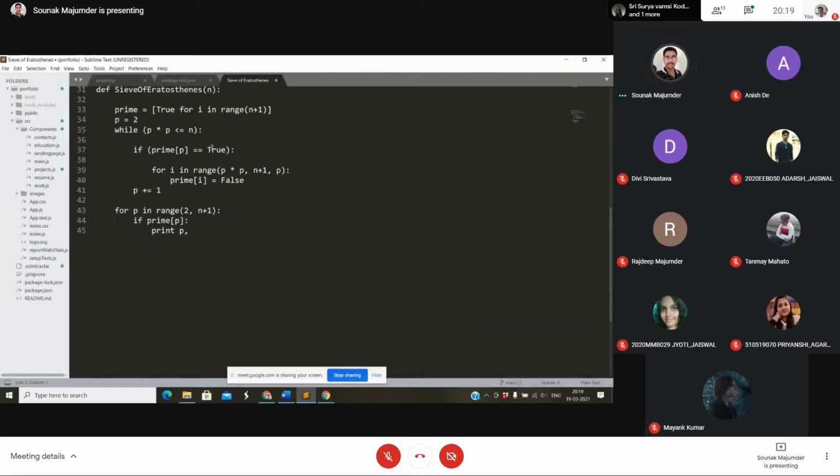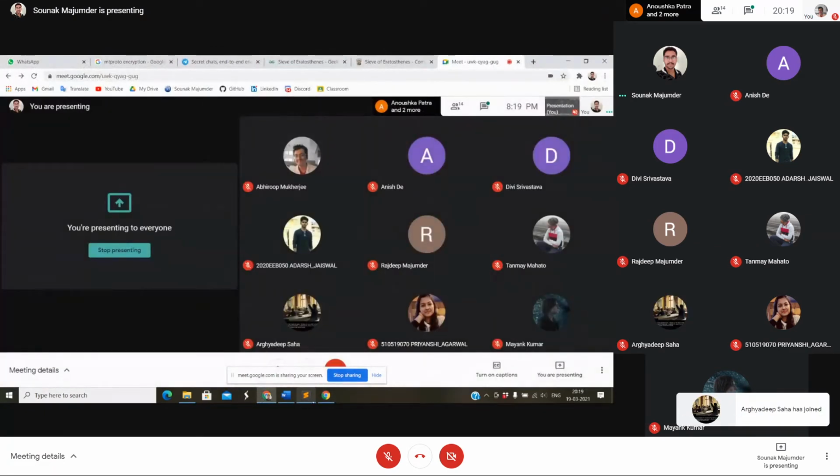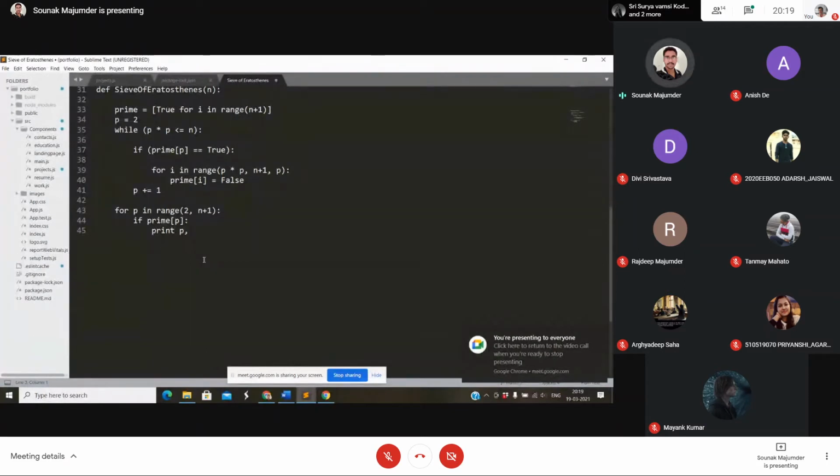First, we use a range n, and we define an array prime here with the starting value as true for all numbers from 0 to n plus 1, that is 0, 1, 2.